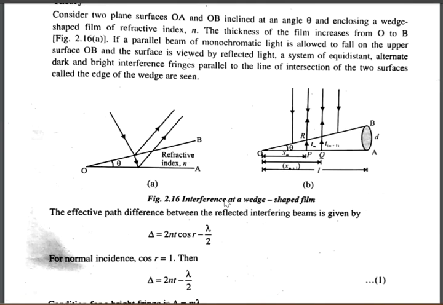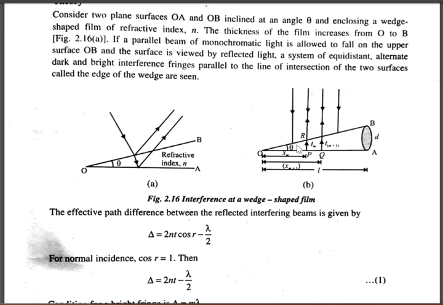In the second figure, you observe how the rays are incident normally on this wedge-shaped film. The rays enter, get reflected the moment they enter the thin film, and also get reflected from the bottom glass plate. Thus, along each ray, the reflected rays are two. The two reflected rays will be along the same line. They get superimposed on each other constructively or destructively, depending on the thickness of the film at that point.